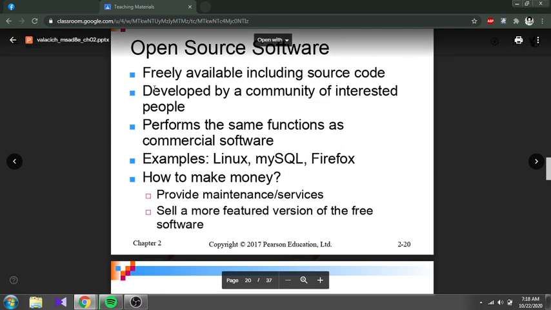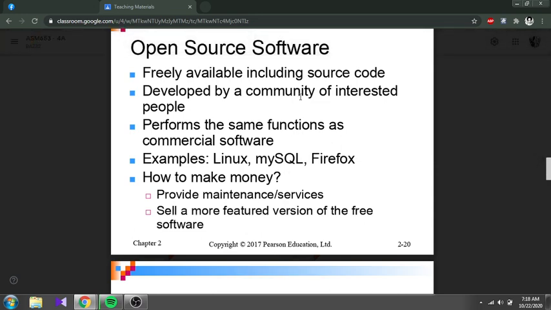As they said here, a community of interested people. They're like one community, they want to improve the software to be better. If possible, they actually want this open source software to be better than package software. They want to beat that package software, because package software, like Microsoft, has already controlled all the market. They actually want the open source group to break this kind of monopoly.